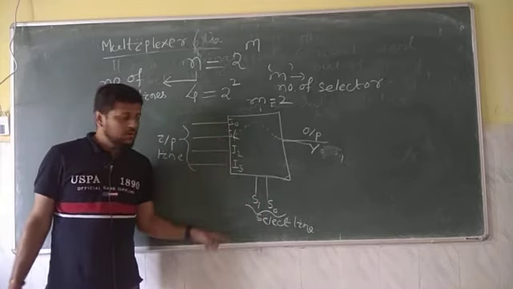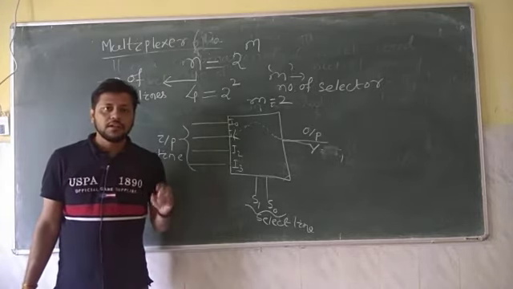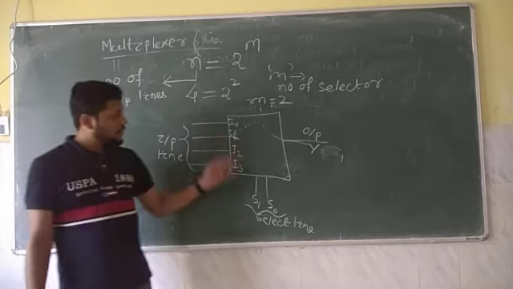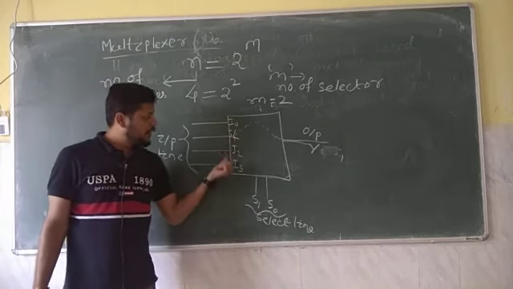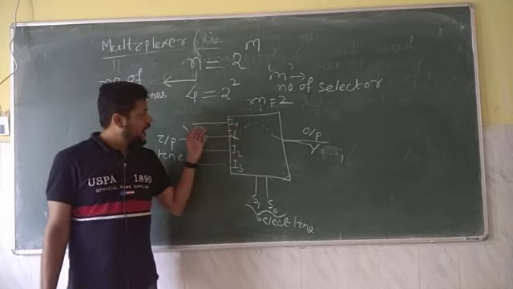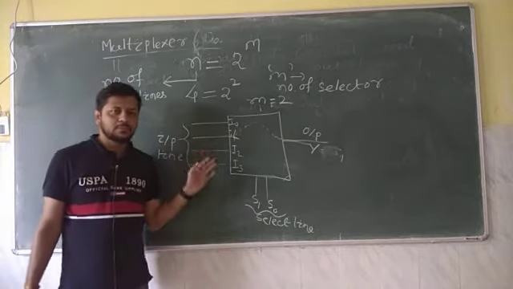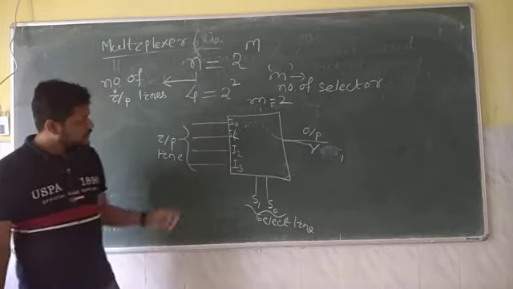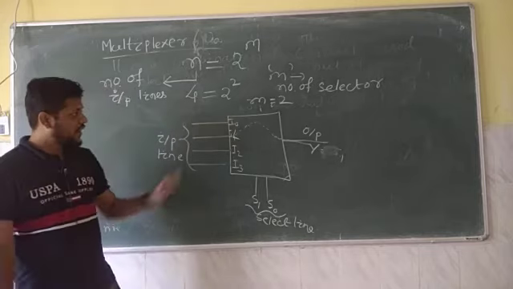So why are we designing this type of circuit? This type of circuit reduces the number of redundant circuits, and the number of wires is drastically reduced. If we don't have any switching or selection lines here, I have to connect each input with the output. This is also known as parallel to serial conversion. So this drastically reduces the number of wires in your circuit.